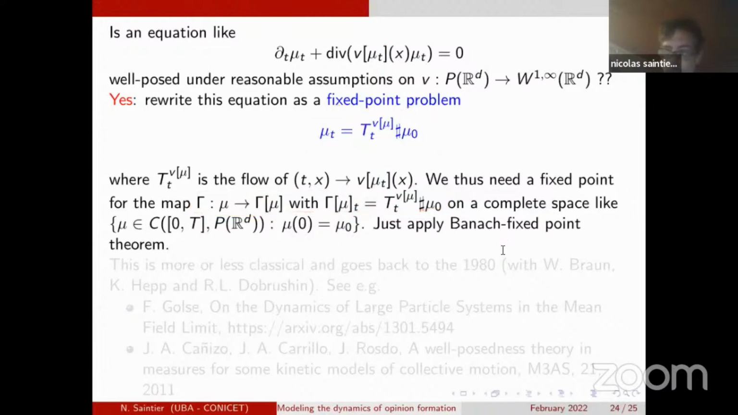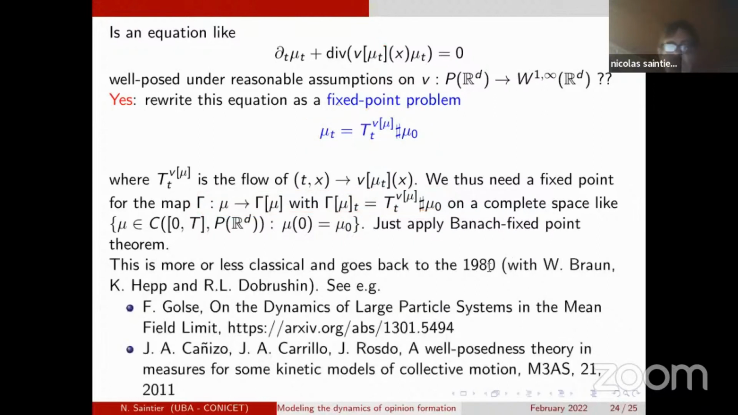Okay, and I put here two references on that. There is a very, very nice survey by Gors, which is published in some journal, but you can find here the preprint, and it's very nicely written, very interesting. And you would want to check the web page, of course, for nice papers. And going back to the Cucker-Smale model, there is a nice paper by Cañizo, Carrillo, and Rosado,